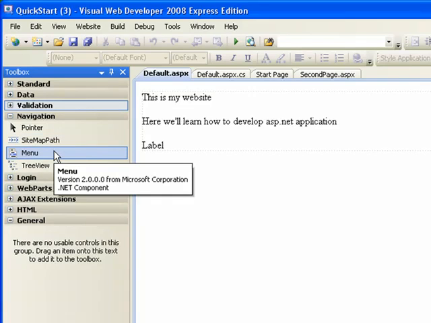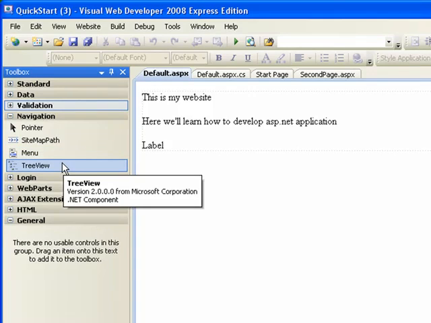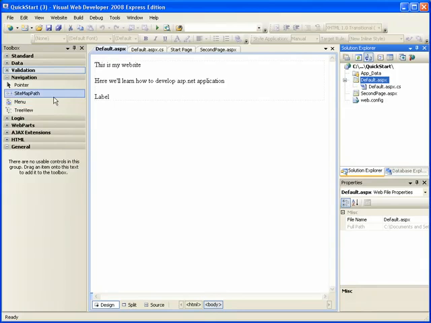The menu, well, that's what it is. It's very easy to create a menu. Everything will be taught in this video tutorial, video training. The tree view is very cool. The tree view is like this. Can you see that? That's the tree view. Anyway,